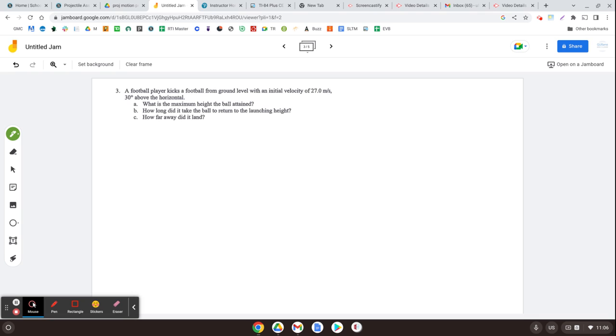Number 3. We're kicking off from ground level with an initial velocity, but now we do have some vertical velocity, so this one's going to be different than the last two. Here we're kicking it from here, and the ball's doing that. This is a 30-degree angle,